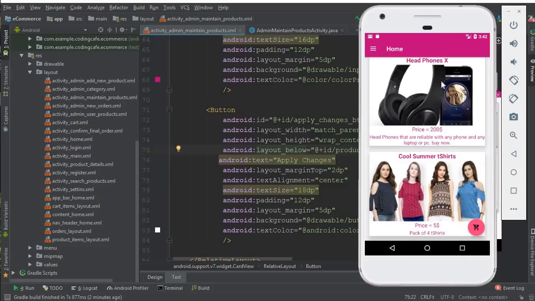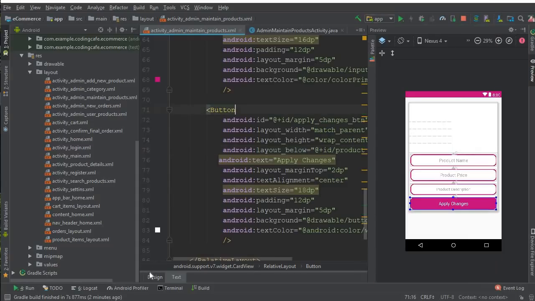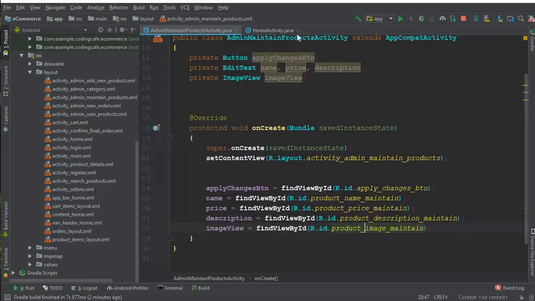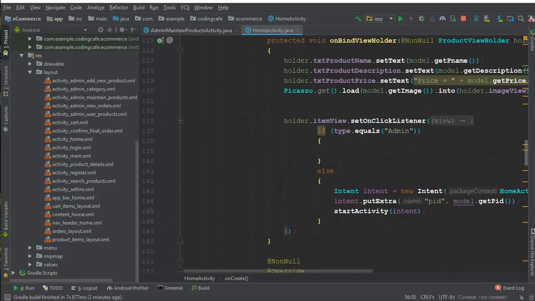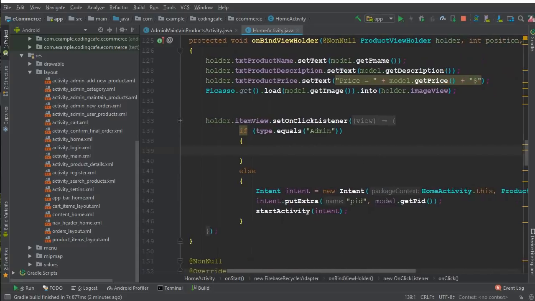So we got a problem here. Okay, let's go to the home activity, and the problem will be here. Why is it not okay? Sorry, we forgot to write the intent for sending the user to this activity, which is our admin maintain products activity. Okay, so make sure, copy this, let's change it